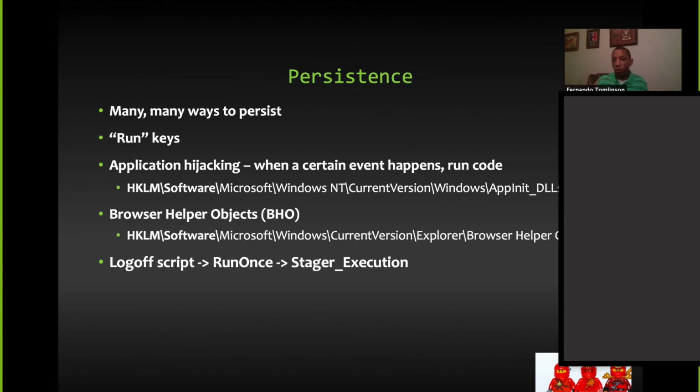So we can use a log off script that, as somebody's logging off, creates a registry RunOnce configuration, and then when somebody logs in, it will execute whatever malicious code we have. In this case, I just put stager execution, and then when it executes that, it deletes the RunOnce. So now if a DCO person was coming by later on trying to look at the classic run keys, well, nothing's in there. And then guess what? When that user gets done and they log off, it then pre-stages itself for the next time somebody logs in, right? So pretty slick in that manner.